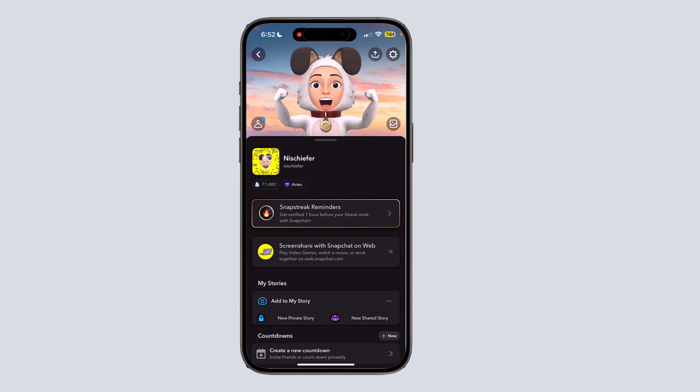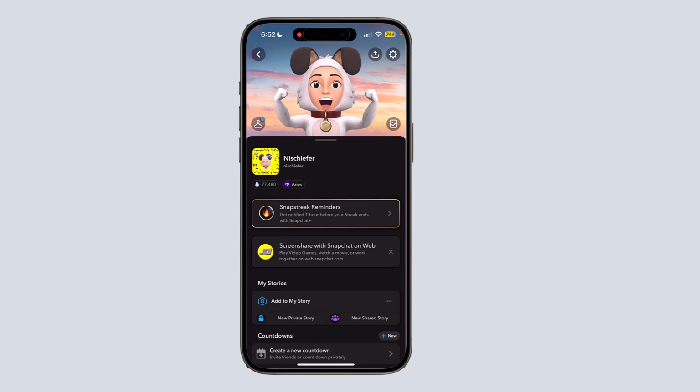Today we are going to learn how you can unblock someone on Snapchat. Let's say you have tried to block someone, or you have blocked someone earlier, or even you might have blocked someone by mistake in Snapchat. And if you want to change your mind, or if you want to unblock that person, you're trying to find